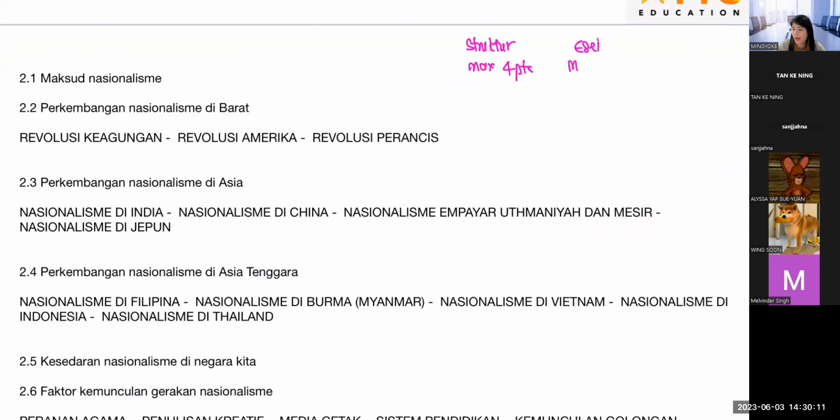Essay, max 8 points. This is how you study. Now, under chapter 2, you need to know maksud nasionalisme. Perkembangan nasionalisme in Barat, which is what? Which is Revolusi Keagungan, America, and Perancis. Keagungan is for our Britain one, correct? Yeah, glorious revolution. Then other than that, perkembangan nasionalisme di Asia is from India to China to Empire of Manya